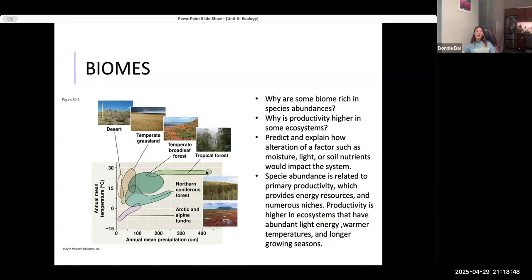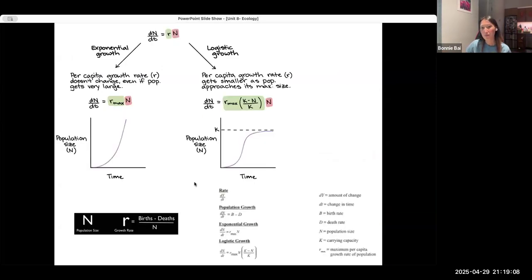Okay. Biomes. Is biomes on the test? It doesn't show up at all. Does not show up, don't care. Look at the example, read the question, answer the question, it'll be good. It's really just different types of conditions in nature, moisture, light, soil, and all that impacting the ecosystem, and the type of plants and animals it might have.